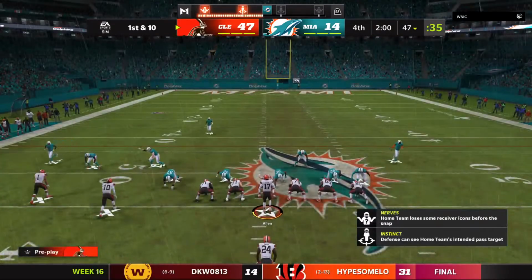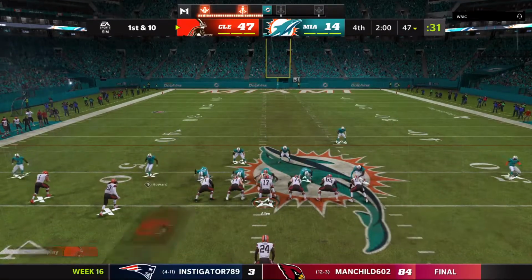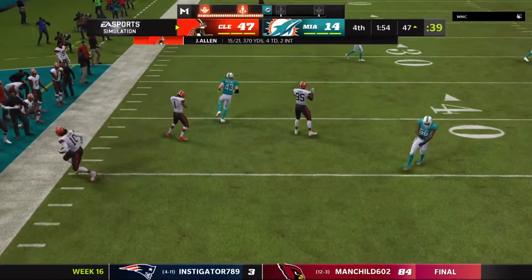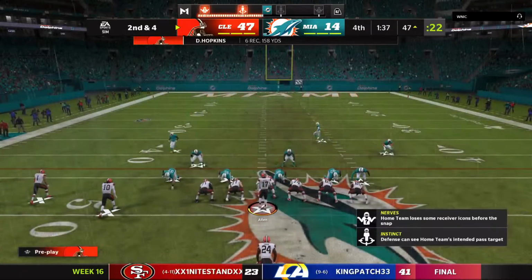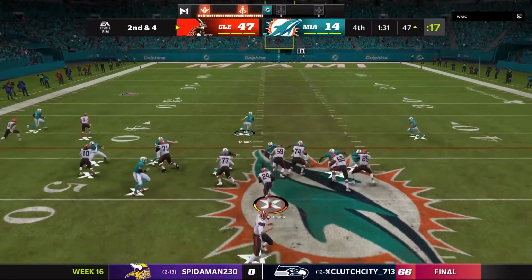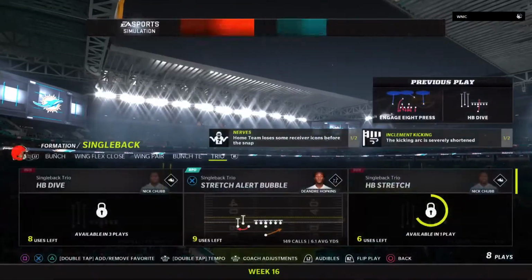So the Browns in possession of the football here as we get you reset. And they have just about put this one on ice as they've got it here, 1st and 10. And he'll take this from one 47-yard line to the other, a gain of 6. They like going to him in the slot. He catches another one. I think this comes under the heading of until they stop him, why not go back to it? He has something going really well, great working relationship with the guy throwing the ball,